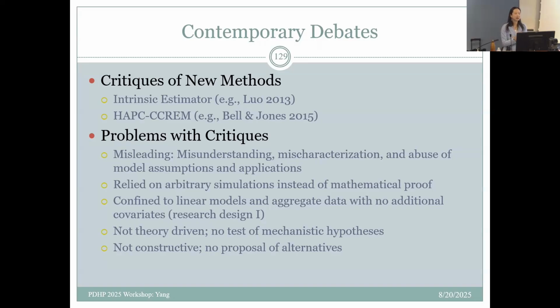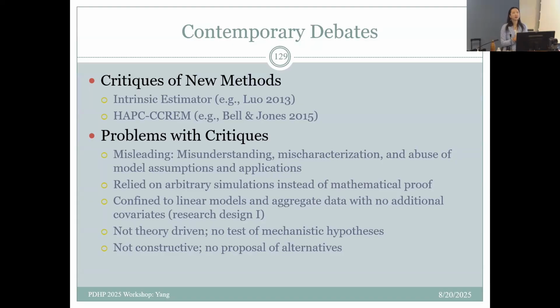There have been critiques of new methods introduced here, such as the Intrinsic Estimator or APC-CCREM. Looking at these critiques, I have summarized some points: unfortunately, most of them are very misleading for users,